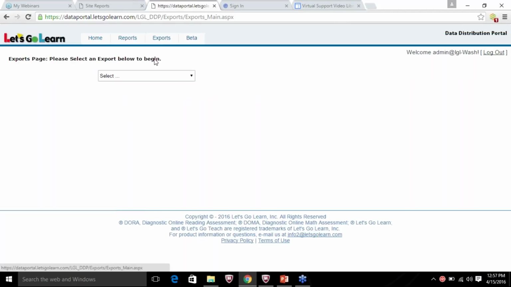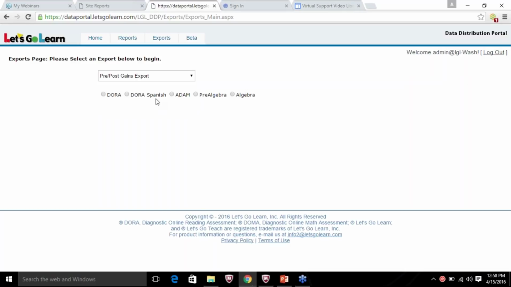Okay, we're going to go ahead and pop to exports. As I mentioned, you also have the raw scores report. The pre and post gains becomes really helpful towards the end of the year, but you can pull it mid-year. Many districts are doing a beginning, mid, or end of year, or depending on how your cycles go, as far as instructional grouping, you can pull those gains reports. This will send a report directly to your computer. You can see those gains for each of those measures and how students are performing. So that one's really exciting to take a look at as well.